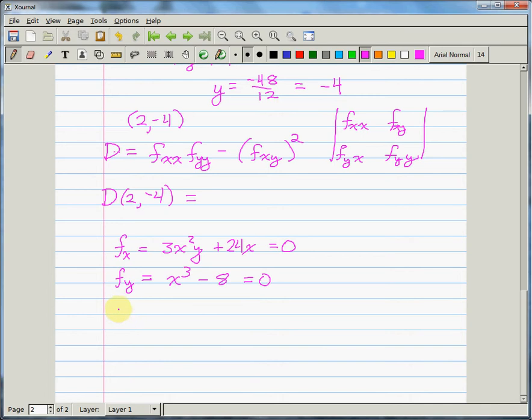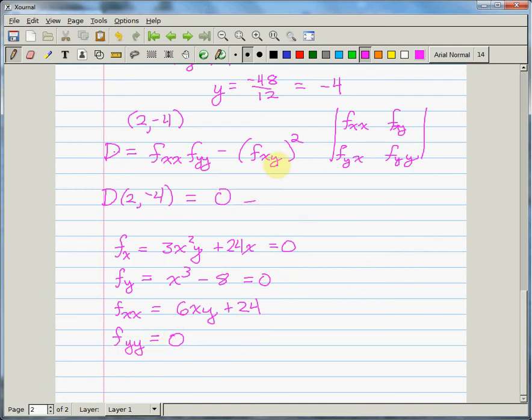So what is that going to be? fxx is going to be 6xy plus 24. And I also need to know fyy, and that is just going to be 0. Oh wow, okay, so that means that this first part is just going to be 0. So this is going to be 0 minus,